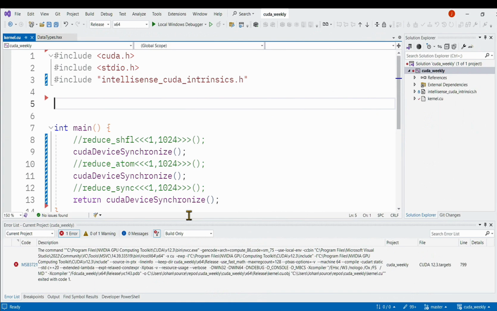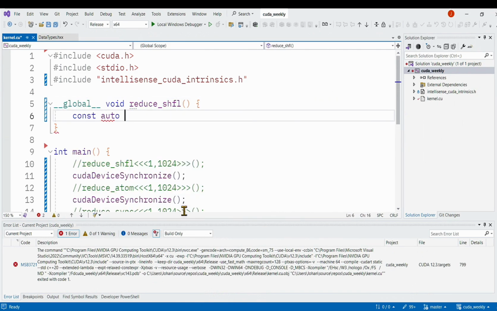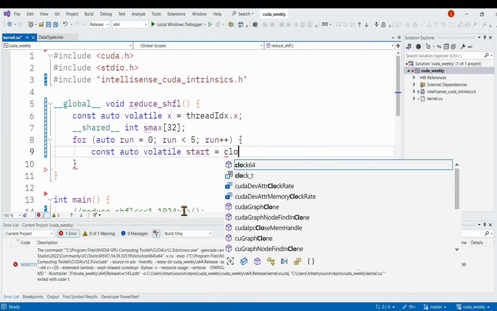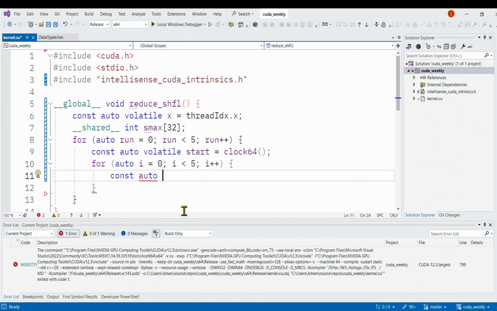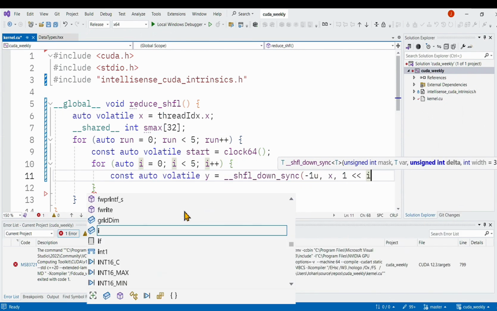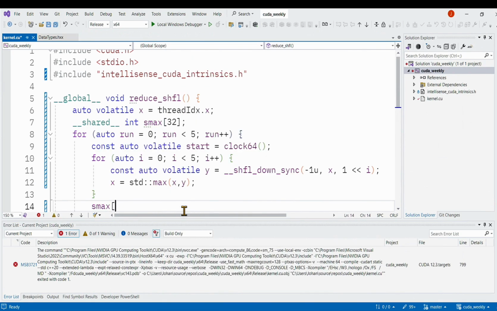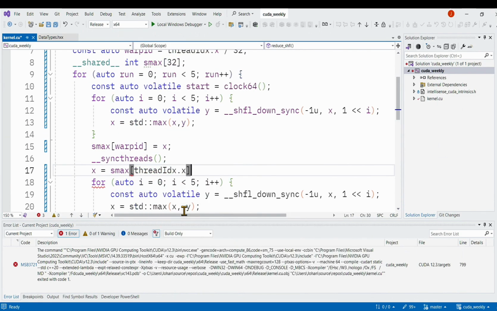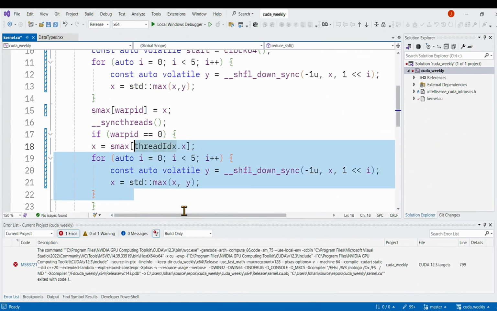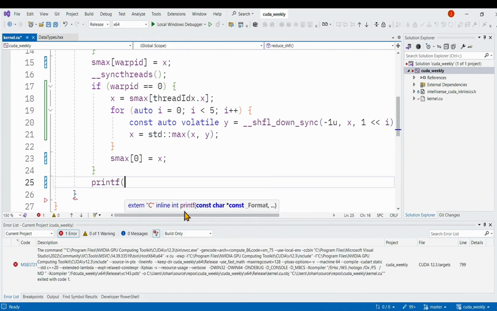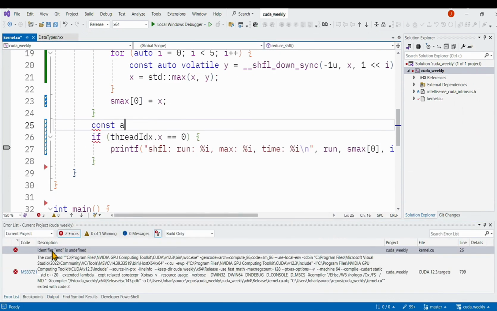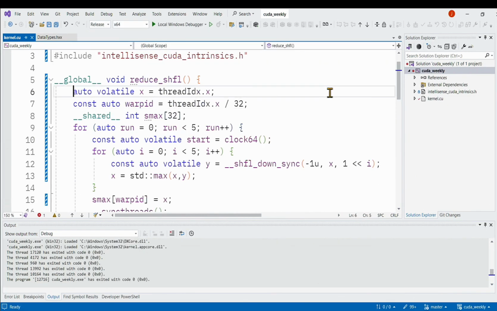Let's have a look how the shuffle holds up. Let's have a look at the code.